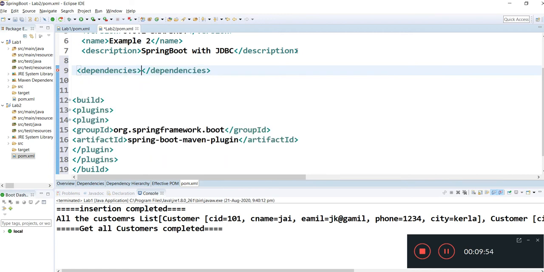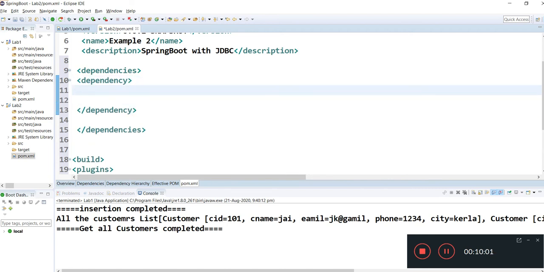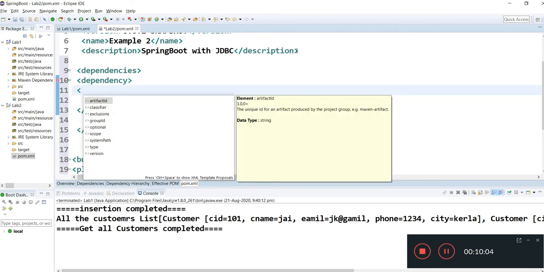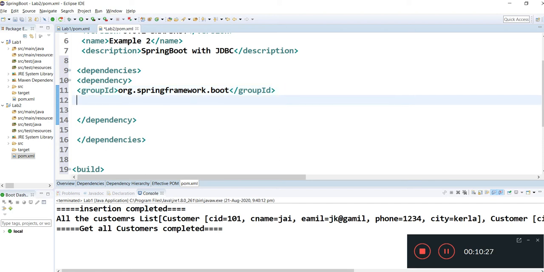and we need to give the tag as dependency, and here we need to write group id, org.springframework.boot, because we are using Spring Boot on group id.